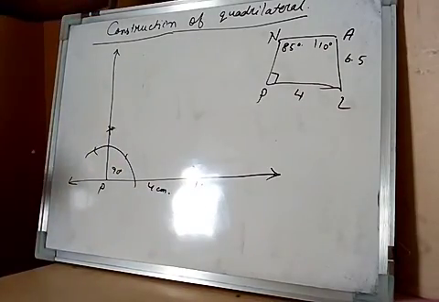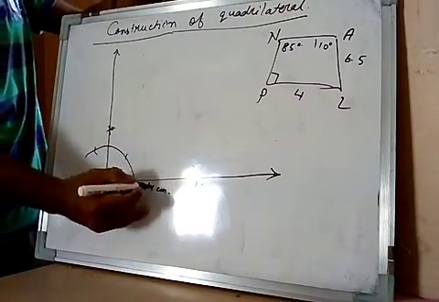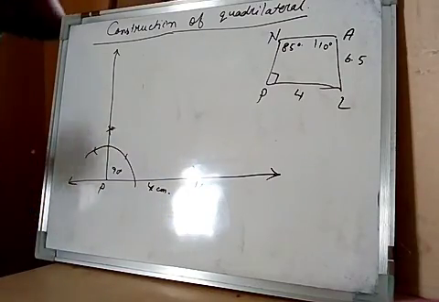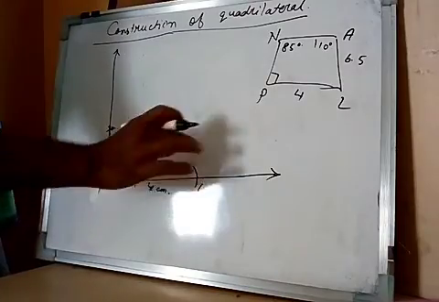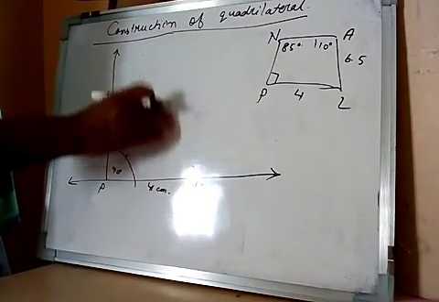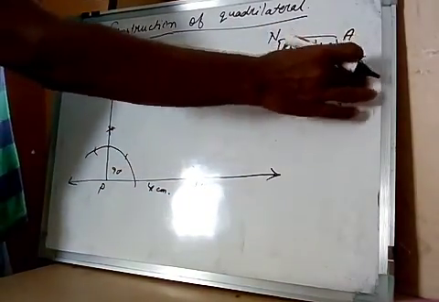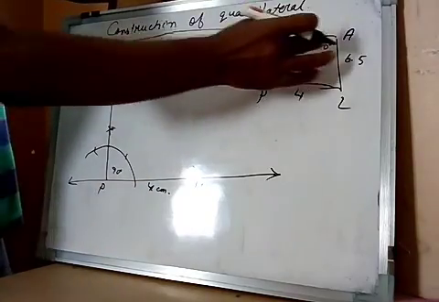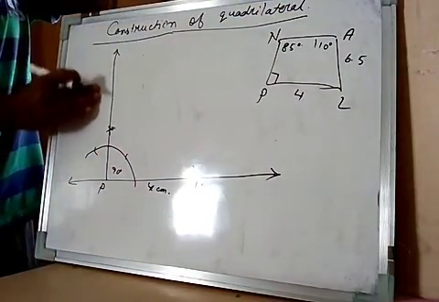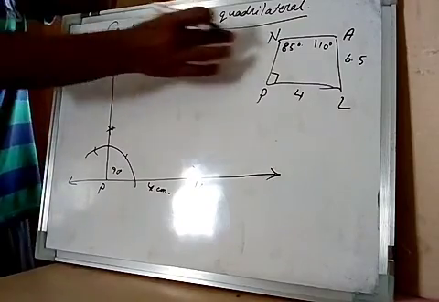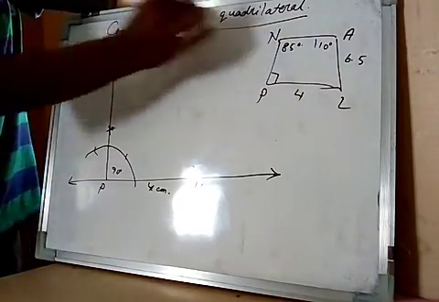Whatever measurement we are taking, as soon as we take the measurement, we have to write it at that time only. Now here at L, no angle is given. So we cannot take an angle like this or like this. And we cannot cut 6.5 also. And we cannot get the A point also because the measurement is not given. Here also this measurement is not given. So we cannot get the N point also for constructing 85.